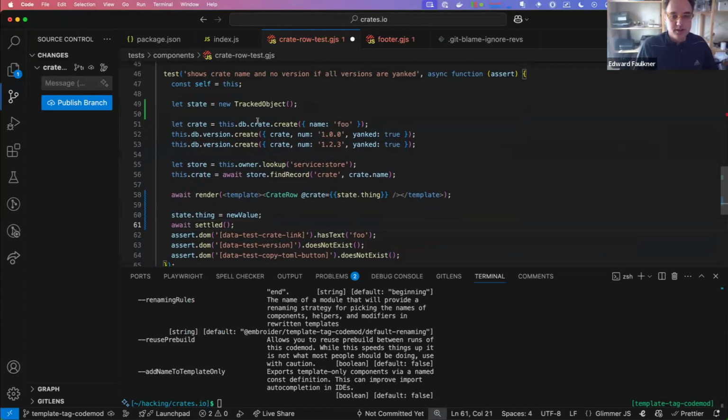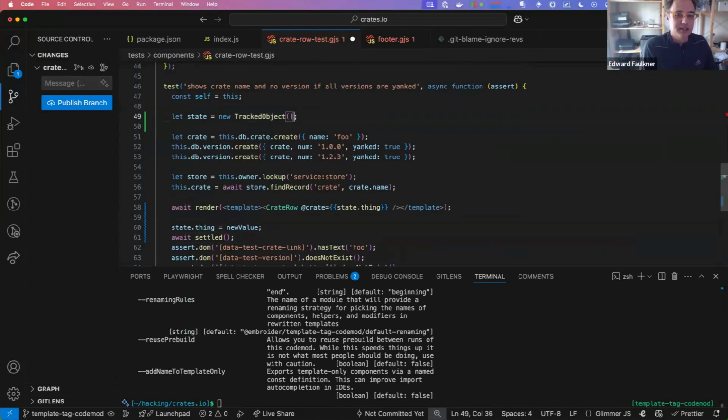If you had cell, you could use cell there too. And then it ends up not being that different. Like a cell is really just like a tracked object with only one thing called value in it, right? This is now effectively the same as a cell. So